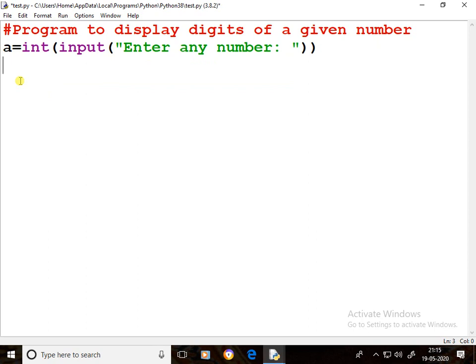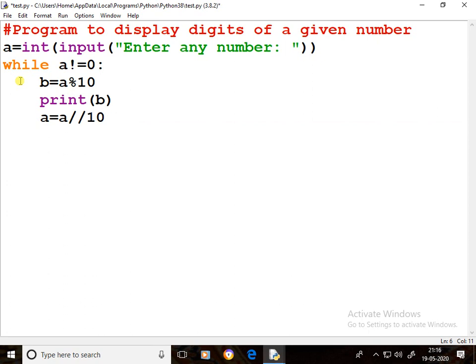Now, just now you have seen the logic. You have to start with a, and whenever 0 comes we have to stop. So while a not equal to 0, if it is not equal to 0 we have to perform the operation. If it is equal to 0 we have to terminate. Here b equal to a modulo 10. The last digit comes, and that we have to print. After that, we take a floor division to get the quotient, so a equal to a floor division 10.